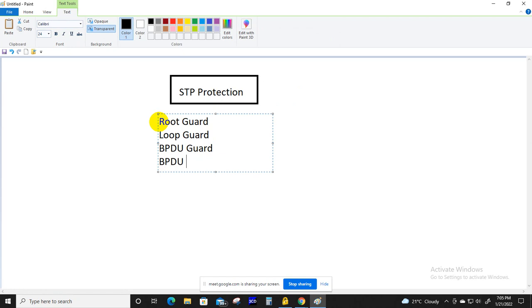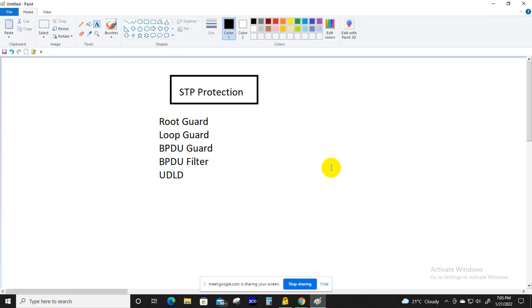বিপিডিউ ফিল্টার আর ইউডিএলডি। এদের মধ্যে আমাদের হয়েছে কোনটা? ইউডিএলডি, তাই তো? আমাদের ইউডিএলডি হয়েছে। ওকে,